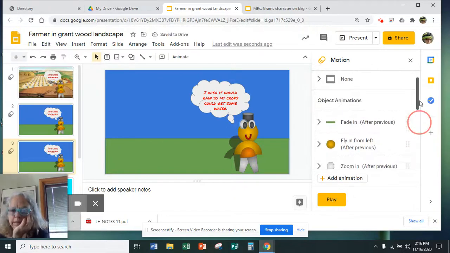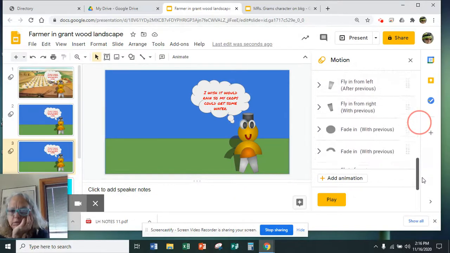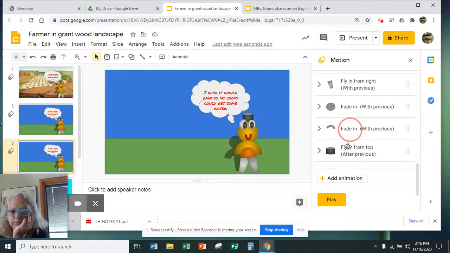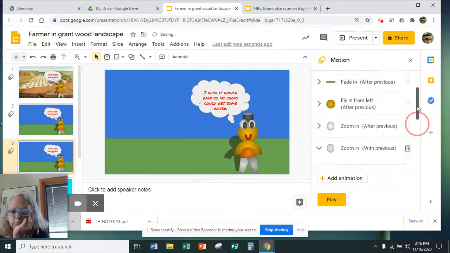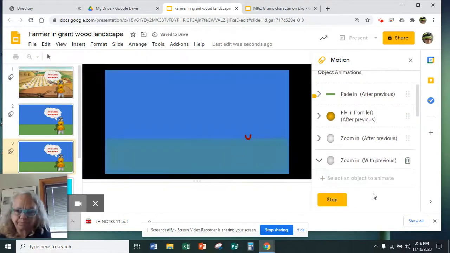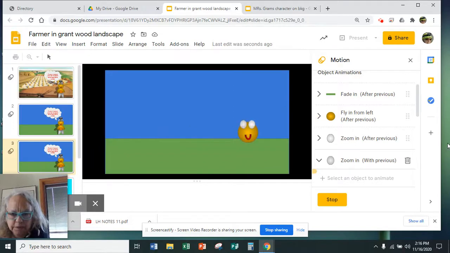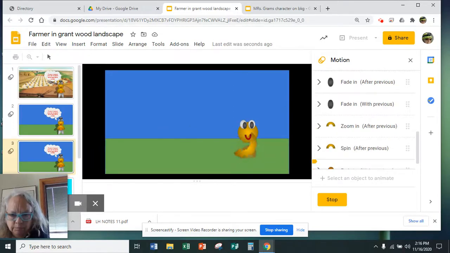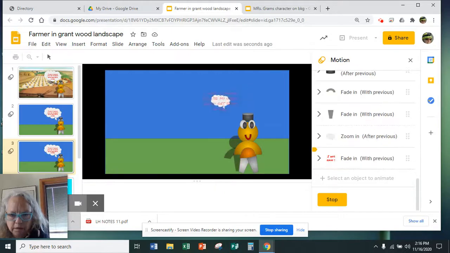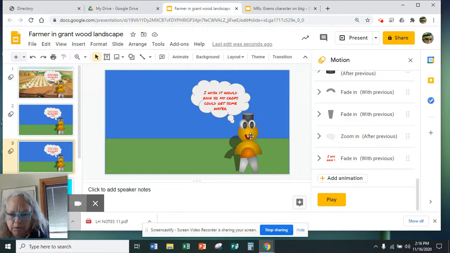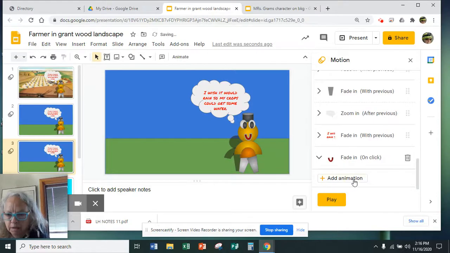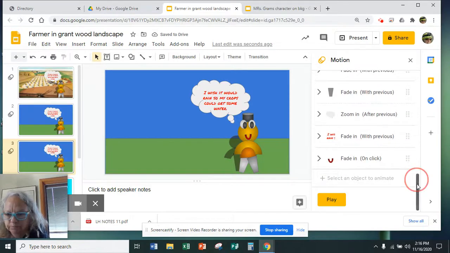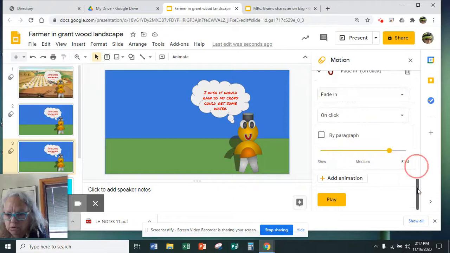I'm going to move my legs down because I don't like that shadow coming in after. Okay, let's play it again. And the last thing I have to do is the mouth animation. There you go. All right, and so the last thing I'm going to animate is the mouth. And I'm going to, I guess I'll just make it zoom in